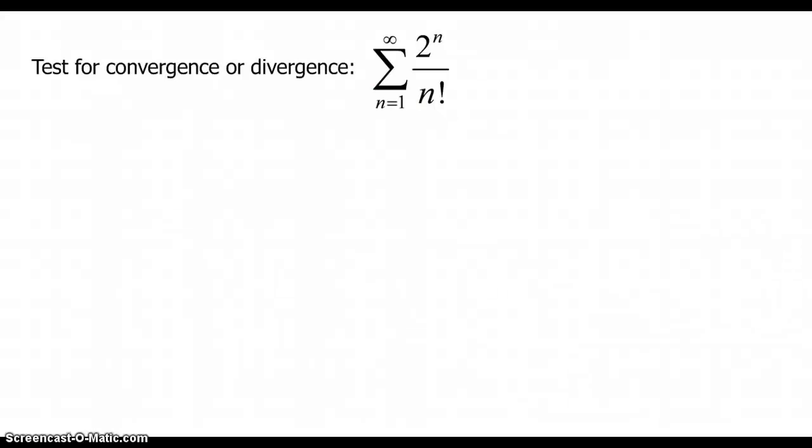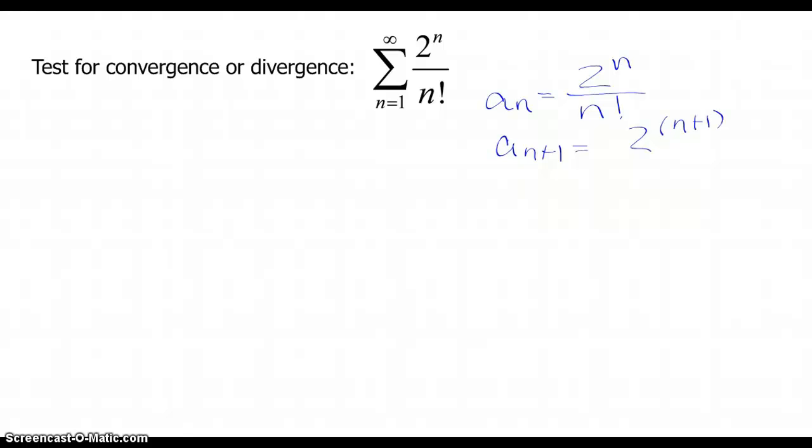We know that we're going to put this into a limit with its n plus first counterpart, and we're going to use absolute value marks, and we're going to get an answer to that limit as n approaches infinity. We're going to call that answer rho. Based on the value of rho, we're going to be able to determine whether this series converges or diverges. So here's the work that I need to see. I need to see, as an AP reader, that you recognize a sub n is 2 to the n over n factorial. I also need to see, as an AP reader, that you recognize the n plus first term is